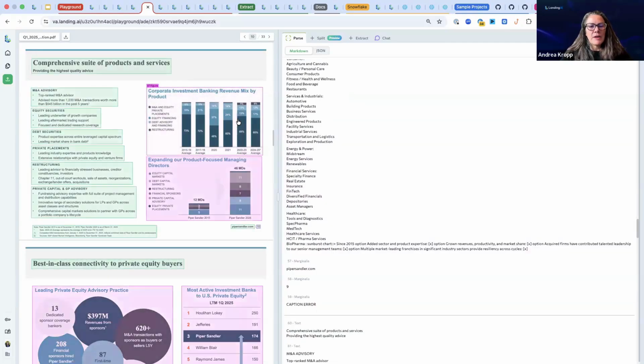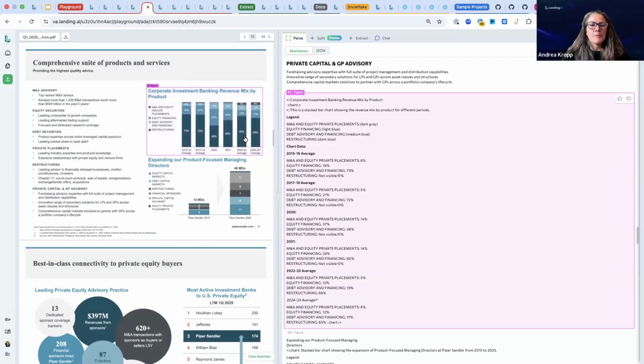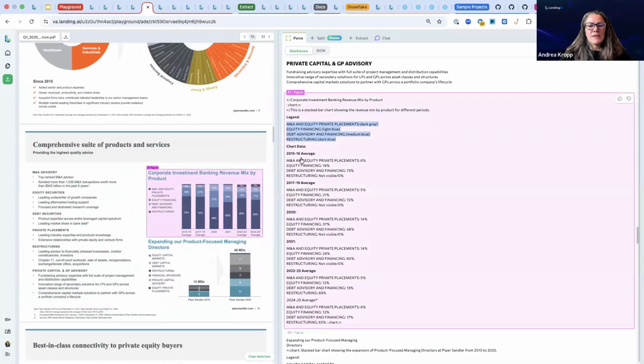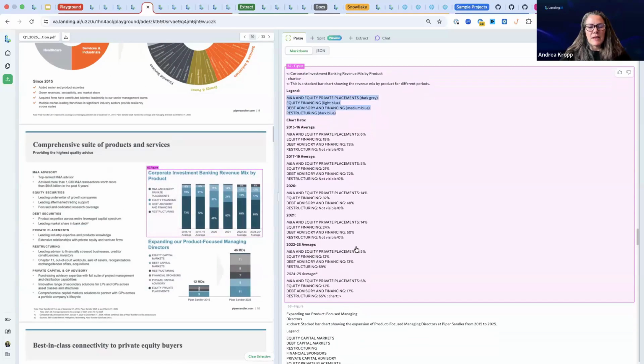So you are going to get back an extraction for each particular chart. I'm trying to click on this to actually update it. There we go. So here, figure 67, I just clicked on this one at random. It's telling me this is a stacked bar chart showing mixed revenue by product for different periods. It's able to extract the legend, and then it's doing its best to actually reconstruct the values you would need